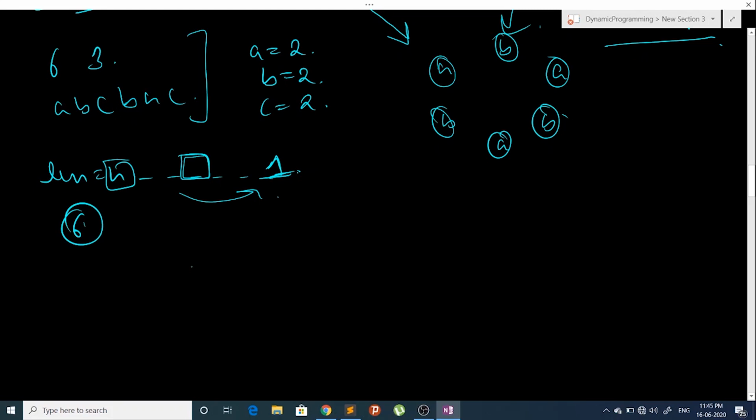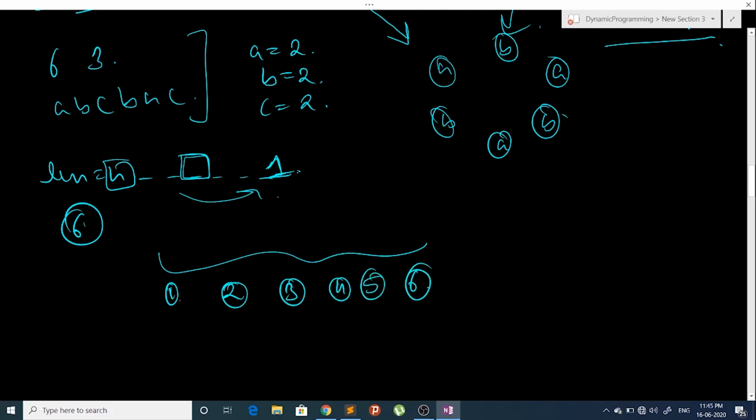Now how can I check? So I have an array of solutions. So this is index 1, this is index 2, 3, 4, 5 and 6. Now what I'll do is I'll start from the first index and mark it visited.